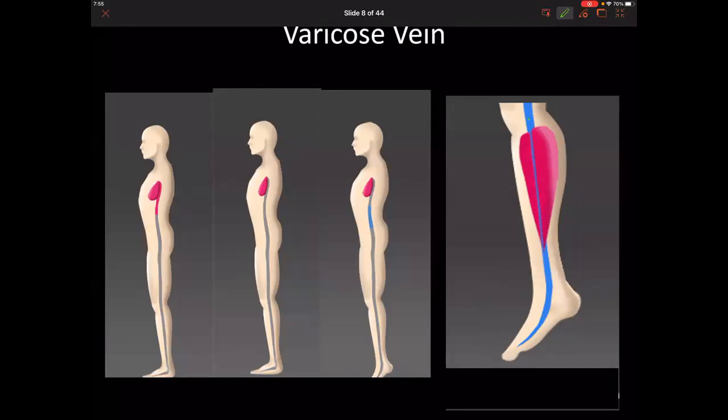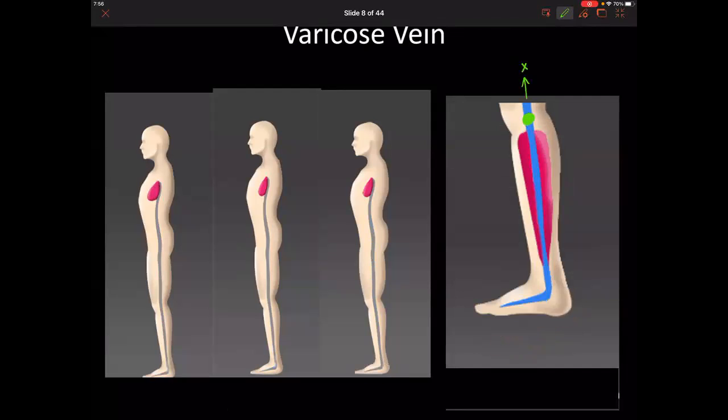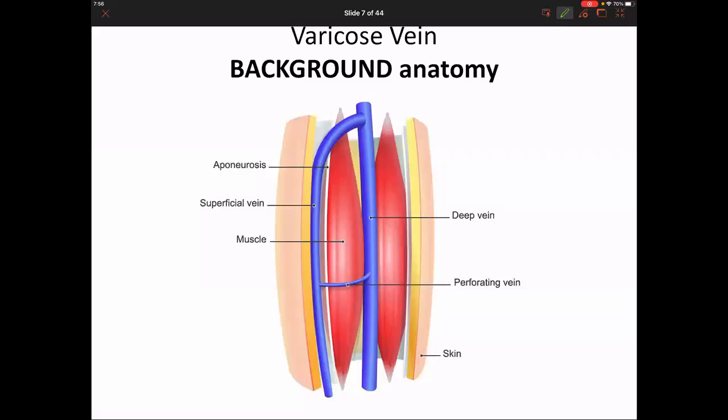Now, if there is a block in the muscle pump, blood has difficulty going. Based on this test, the main notion is that if there is a block in the vein, understand this, I'm repeating this again and again, then blood can go through this vein down. But if you tie a tourniquet, what is the biggest problem? Superficial veins are not allowed to take the blood. So the blood has to go through the deep veins, and when the deep veins are blocked, there is only one thing that can happen.